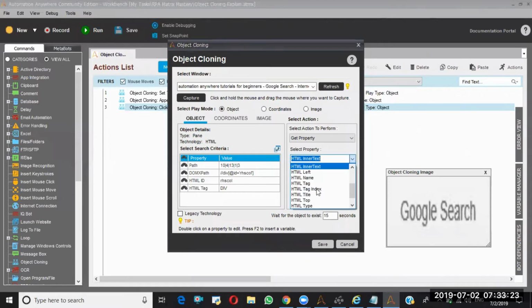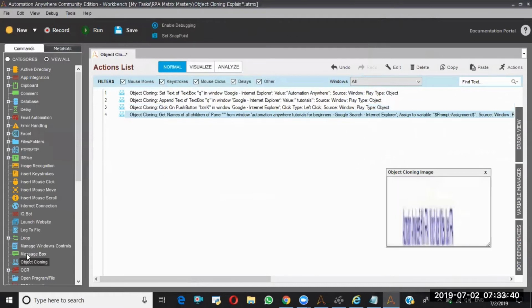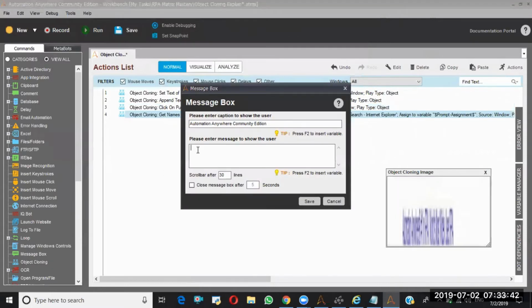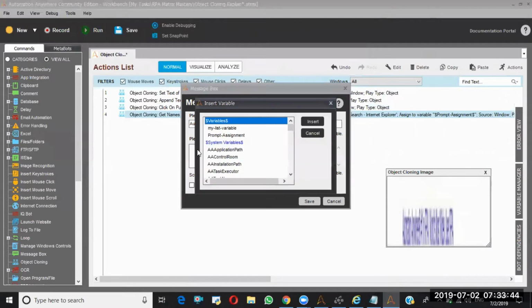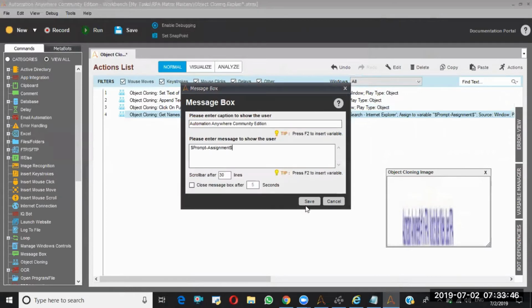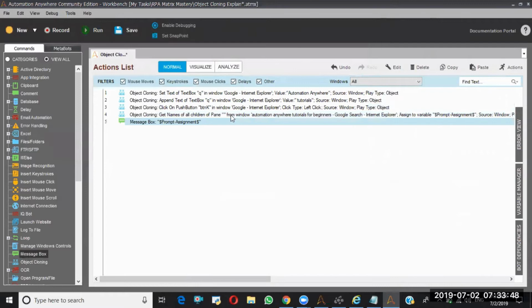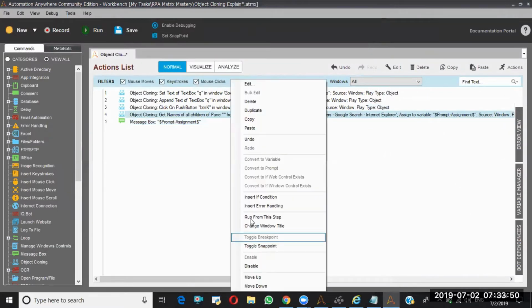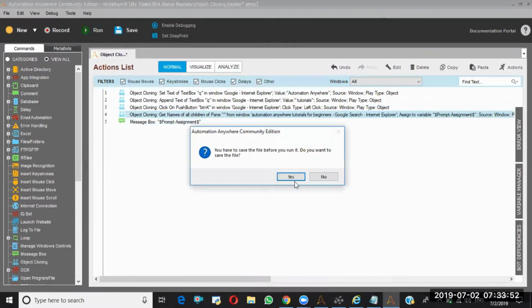In this scenario, instead of get property, I'll say get all child names, and let me put it into prompt assignment. Let me see what we'll get. Message box, I'm giving prompt assignment. See, run from this tab.